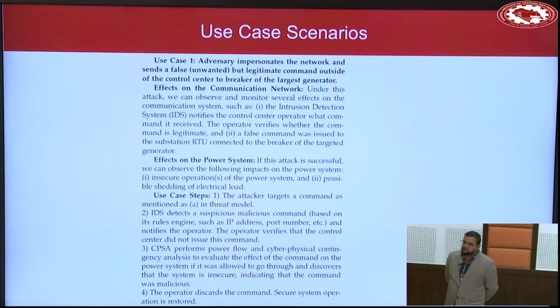So we thought in more detail about what the steps are. One, the attacker targets the command mentioned in the threat model. We talked about the threat model in the previous slide. Two, the IDS detects a suspicious, malicious command based on its rule engine. Again, we can put some default rules saying block those kinds of IPs that seem to be suspicious, you can block port numbers and so on. But in this case, that's not the case,